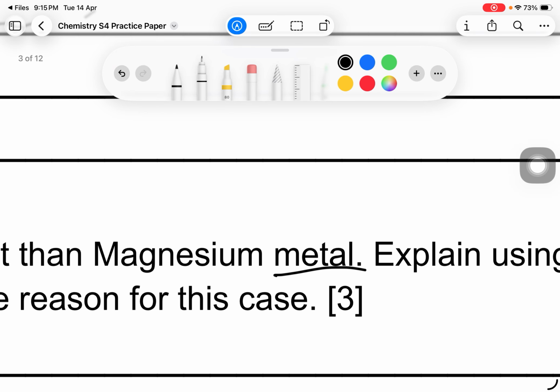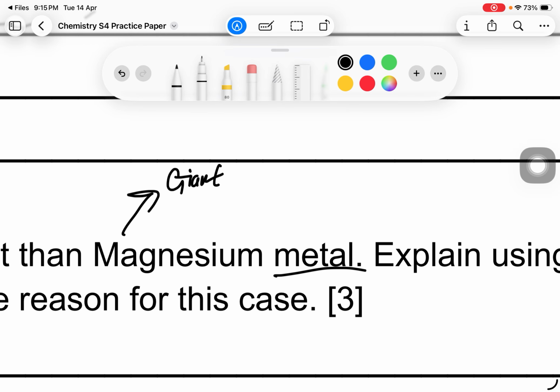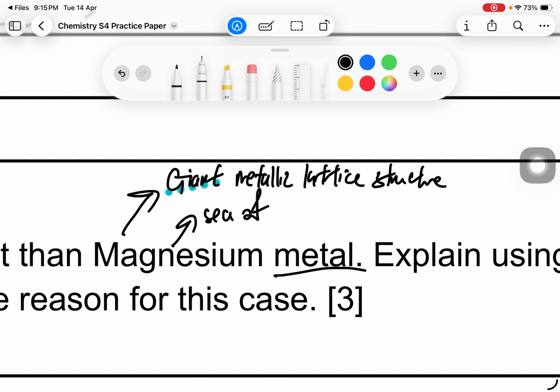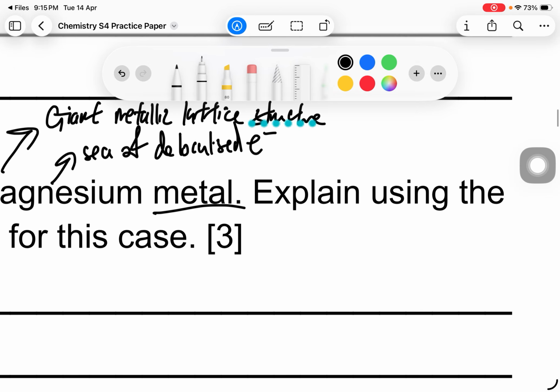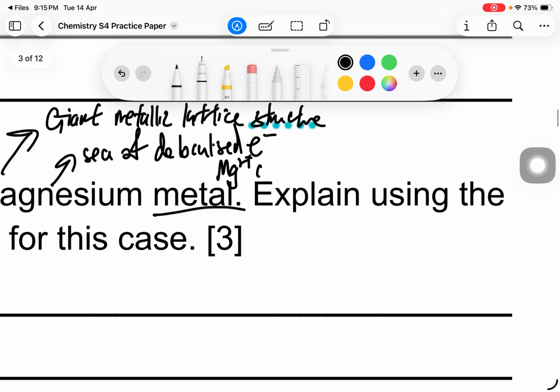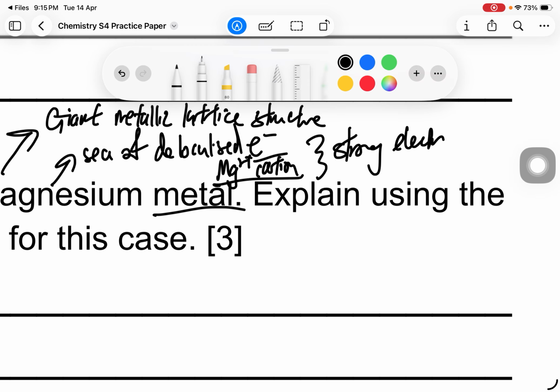So why does magnesium metal have a higher melting point? We know that magnesium metal is a giant metallic lattice structure, and it has a sea of delocalized electrons. So if it has a sea of delocalized electrons, there are also Mg2+ cations. Between the Mg2+ cations and the sea of delocalized electrons, there are strong electrostatic